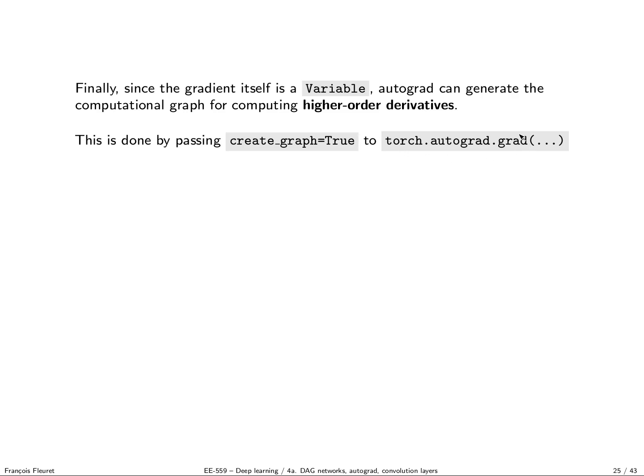Because it's quite rare that you need higher order derivatives, virtually all deep learning training is done with first order. By default, PyTorch will not record the autograd graph when it computes the gradient. So you have to tell it to record the graph, in which case you will be able to do the same trick again.